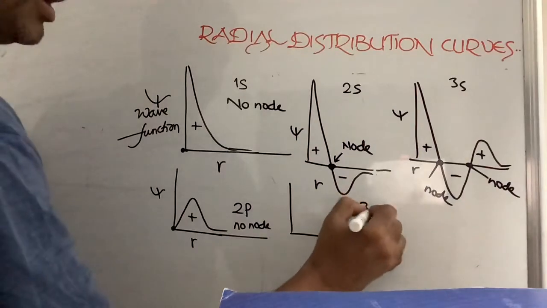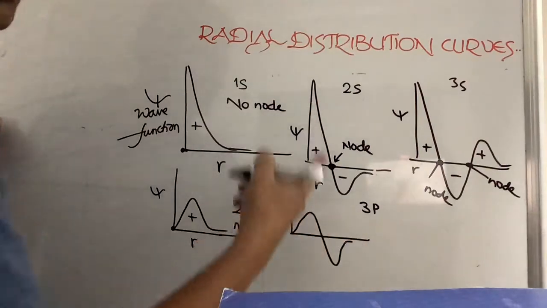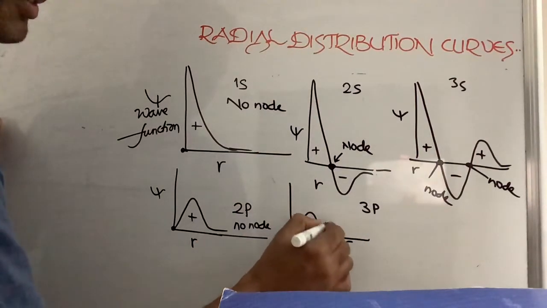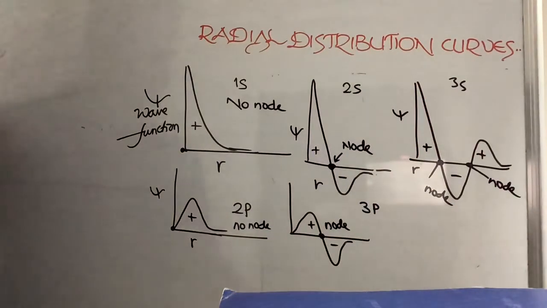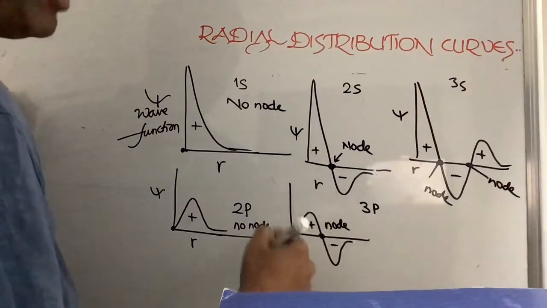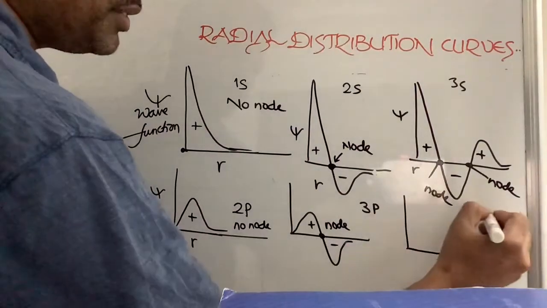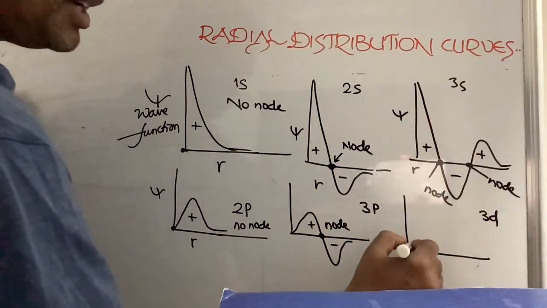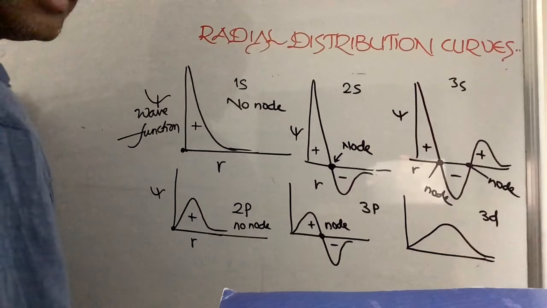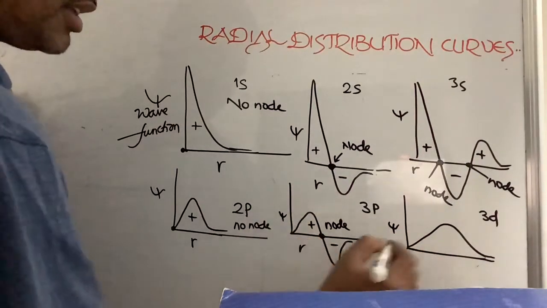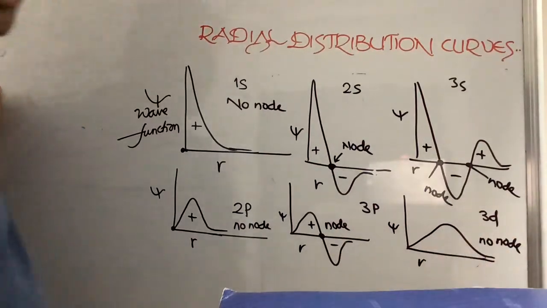But for 3p orbital, it is again similar to this, coming once down, and this is going to be a node. This is again plus, this is minus. Plus and minus. 3p, 4p you can expect, 5p, 6p, like this. And 3d, you see, it is also similar to 2p, but a little wider. Psi versus r. There is no node again. Only one peak type is there.